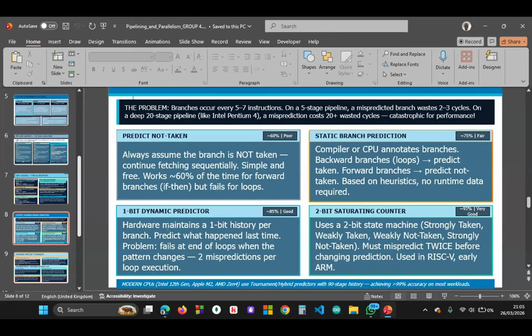Three, dynamic predictor. Hardware maintains 1 bit history per branch. Predict what happened last time. Problem: fails at the end of a loop when the pattern changes, causing 2 mispredictions per loop execution. Four, saturating counter uses a 2 bit state machine: strongly taken, weakly taken, weakly not taken, strongly not taken. Must mispredict twice before changing prediction. Used in RISC in early